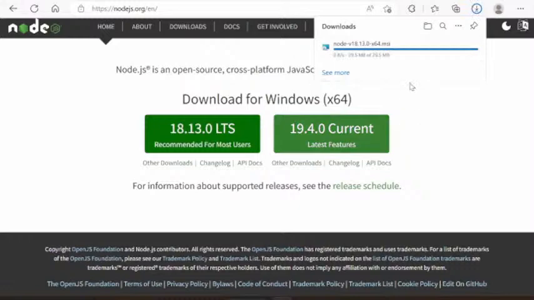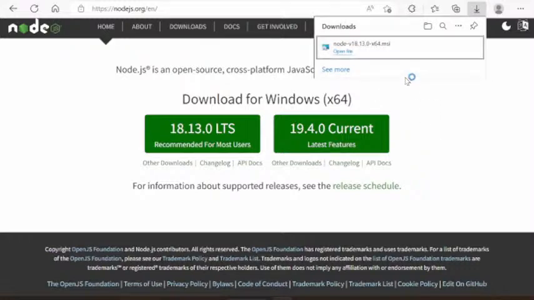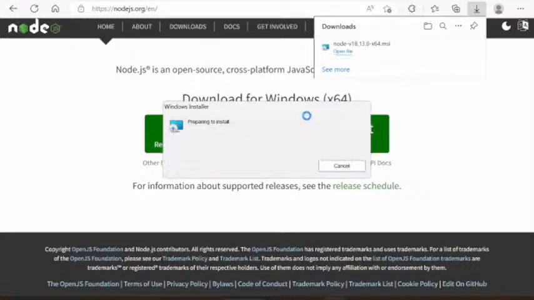Let's install the latest version of Node.js on my PC. I'm installing the latest version of Node.js.